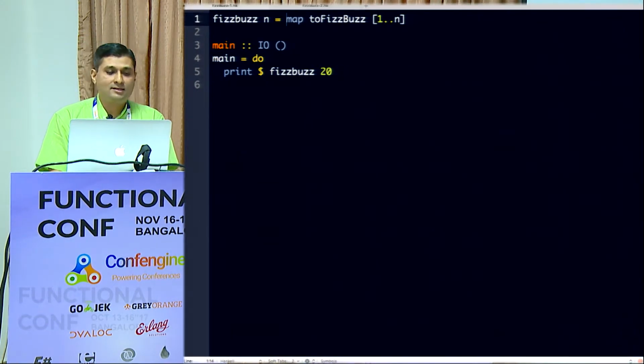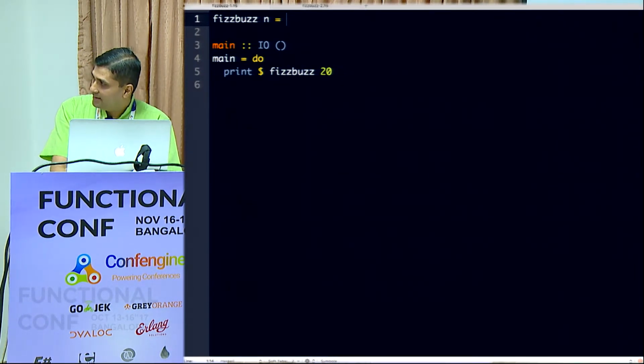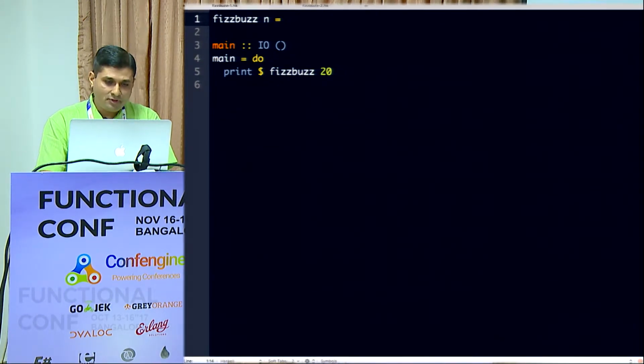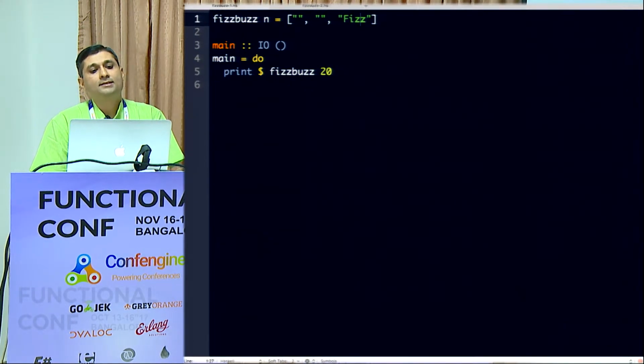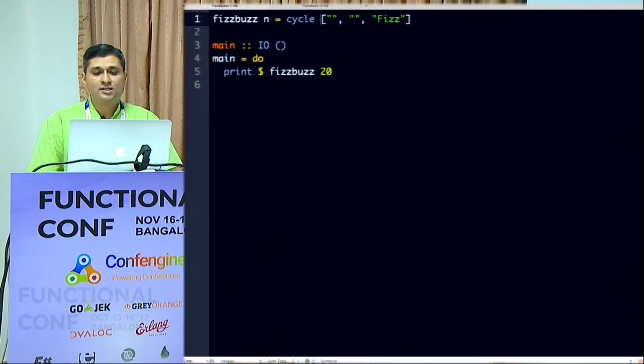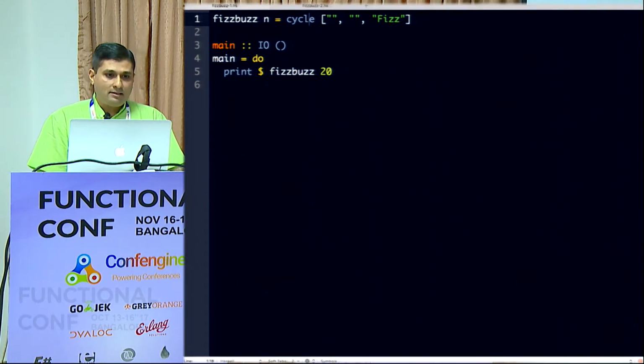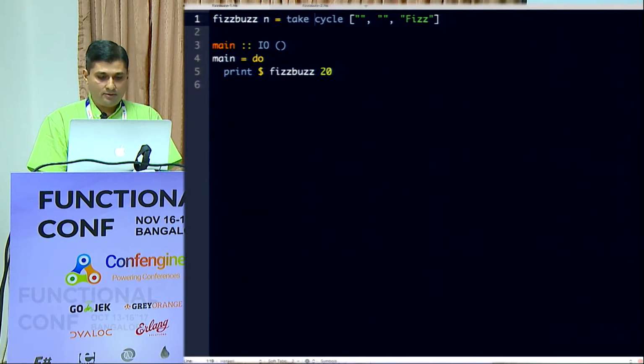So what I'm going to do is now get rid of this. And so in Haskell, I need to prearrange data like how you did. So the first thing I'm going to do is prearrange data like this. And this is fizz, and I need to generate a sequence and a stream. So I'm going to use a cycle function in Haskell, which is going to give me a continuous stream of fizzes like this. But notice I just don't need an infinite stream, so I'm going to say take n